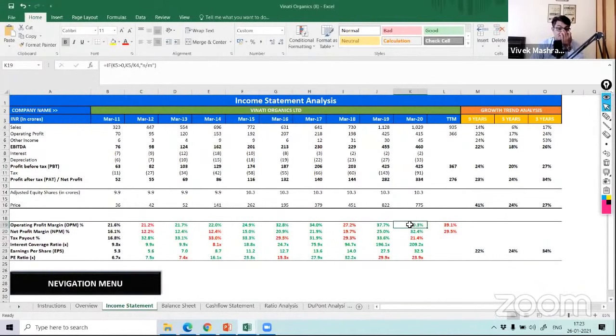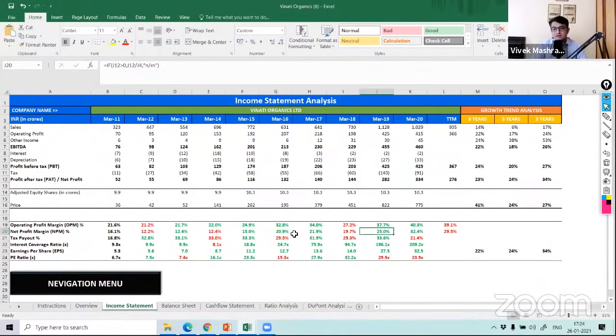And here again, there is a thought process that has gone into it. If the margin is decreasing, it will become red. If it is increasing, it will become green. It is an automated template, so as soon as you change the company, it will automatically change. It is like an automatic formula built in with the use of conditional formatting. You don't need to worry about it. So just by a glance, you know that out of 8-9 years, only 1 year their margin dipped. Okay, in the same way, if you look at net profit margin, the same thing happened.